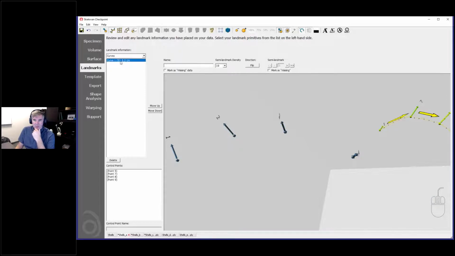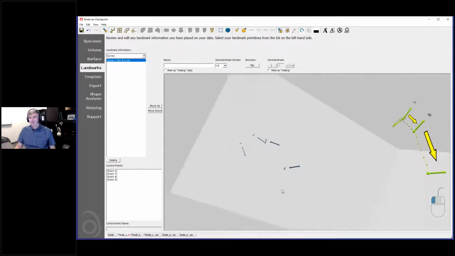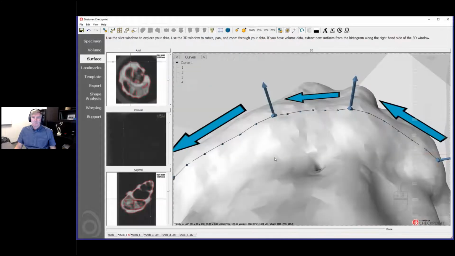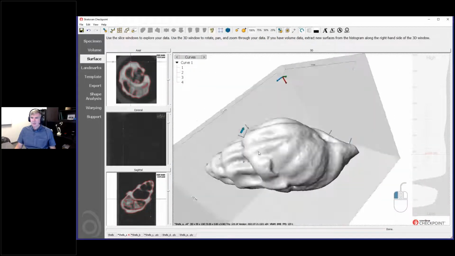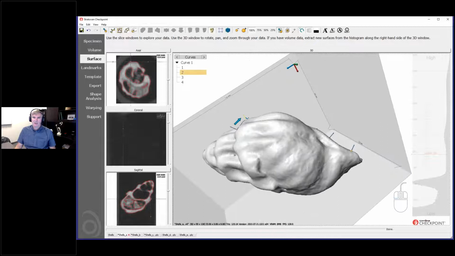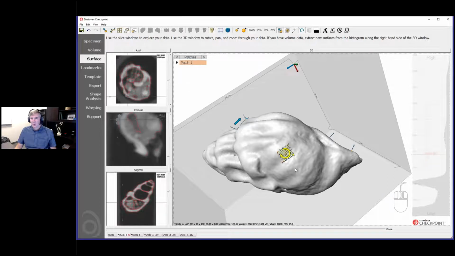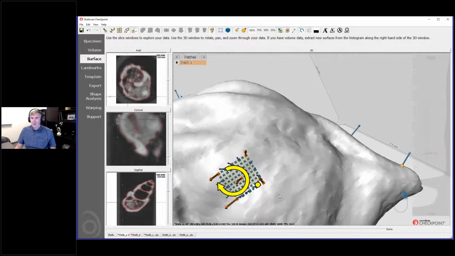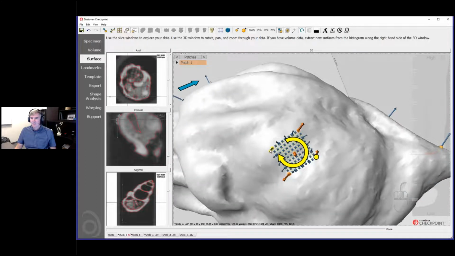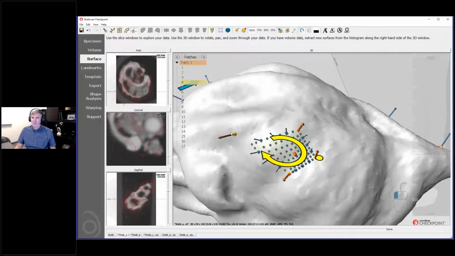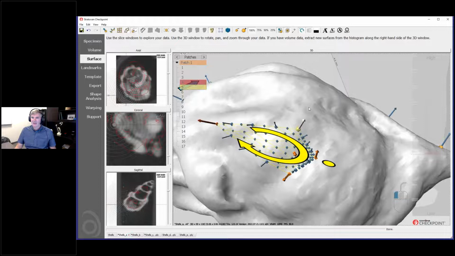Let's go back to here. Okay, this is fine. So that's curves. Then you can also do patches. So patches are, you know, a grid of points. So very similarly to curves. So I did shift left click to start it. And then you get these, there's 1, 2, 3, 4, 5 main points to start moving around. And so I can grab these and I can spread these out. So if I need to cover a large area,